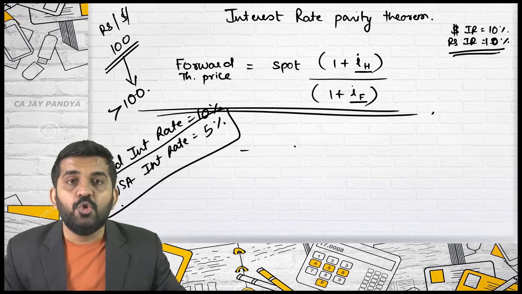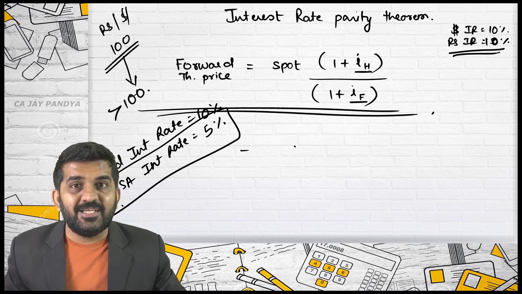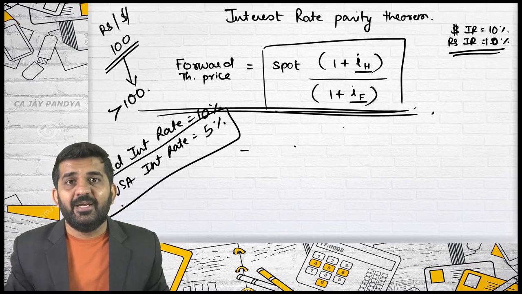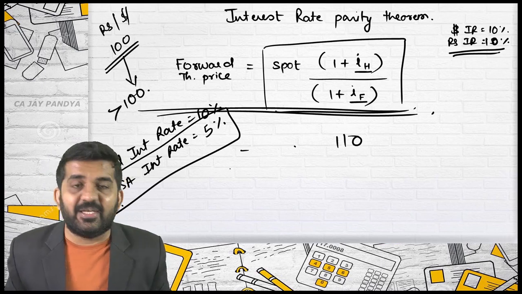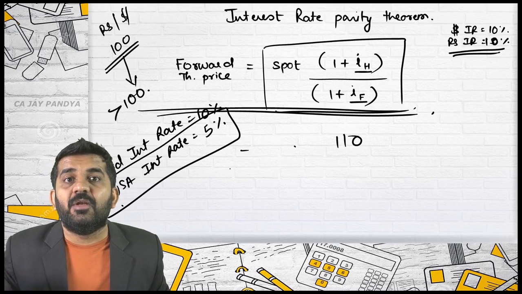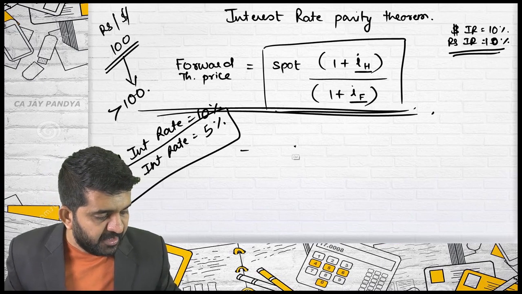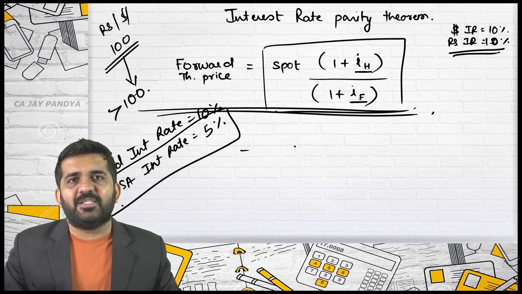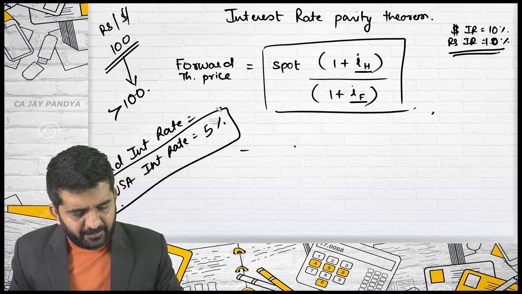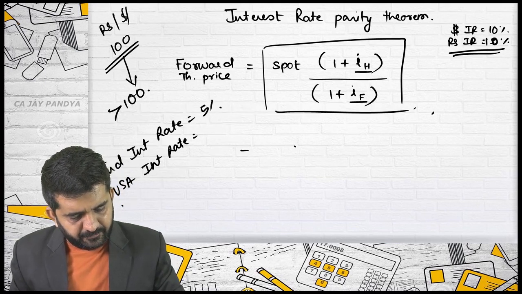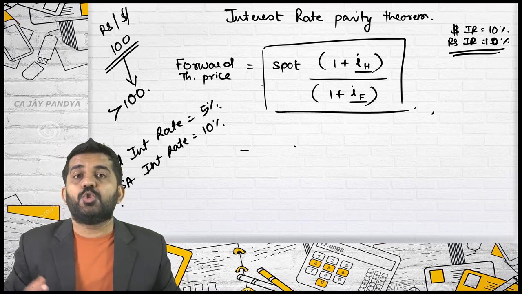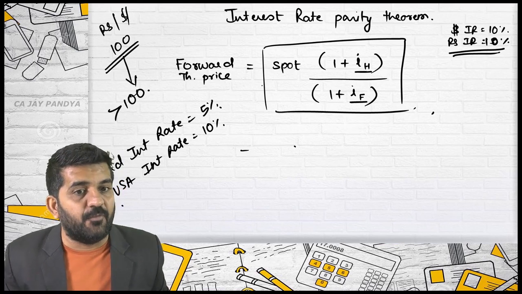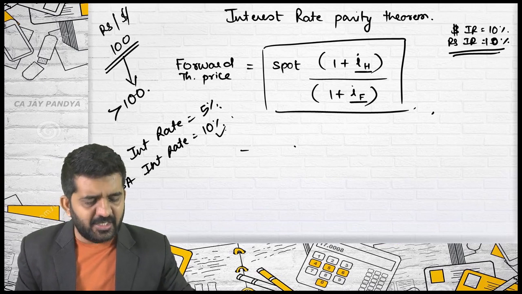Is it alright? So in the numerator, it will be the home currency, that is 10%. Higher the numerator, higher will be this rate. And if this rate is higher, say it becomes 110, then ultimately the dollar will be at a premium, and the dollar should be at a premium if their interest rate is lower. So the lower is kept in the denominator and the higher is kept in the numerator. But say in India interest rate is 5% and in USA it is 10%. Believe me, this answer will be less than 100, because now the dollar will be at a discount in the forward market because their interest rate is higher. Is it alright?